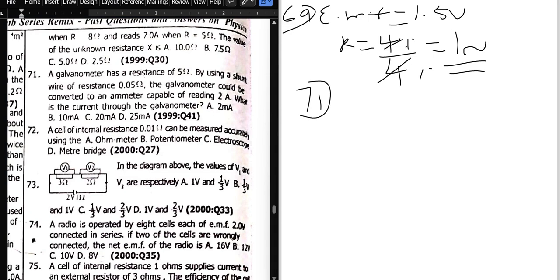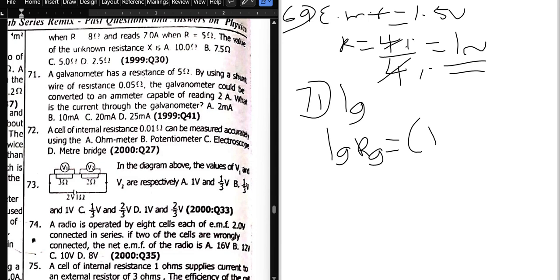Alright. So for 71, we are looking for the current of the galvanometer. That's the current of the galvanometer that we are looking for. So let's take a formula. The formula we're going to use for this is: the current of the galvanometer times the resistance of the galvanometer is equal to the current of the ammeter,